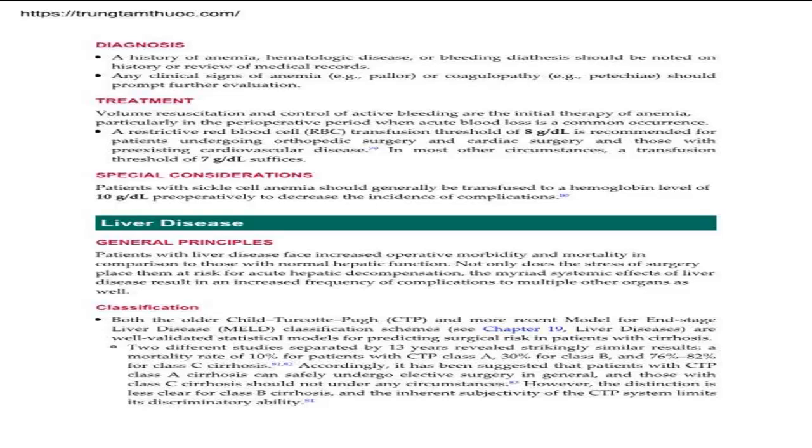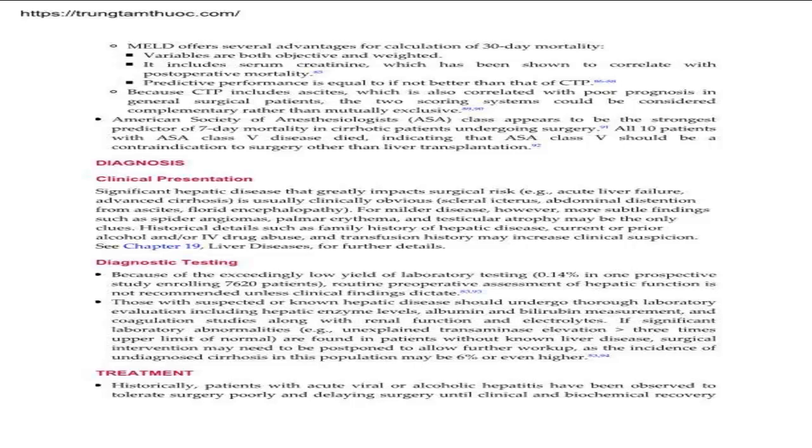The mortality rate was 10% for patients with CTP Class A, 30% for Class B, and 76 to 82% for Class C cirrhosis. 81,82 Accordingly, it has been suggested that patients with CTP Class A cirrhosis can safely undergo elective surgery in general, and those with Class C cirrhosis should not under any circumstances. 83 However, the distinction is less clear for Class B cirrhosis, and the inherent subjectivity of the CTP system limits